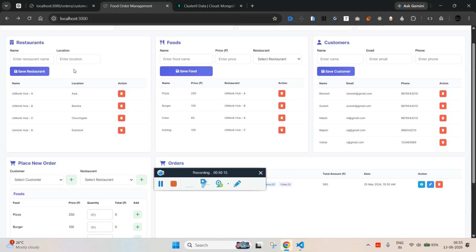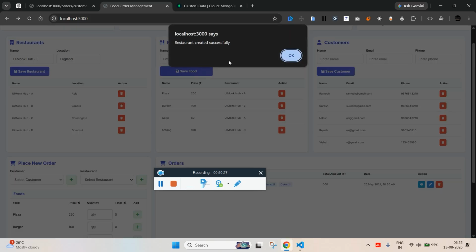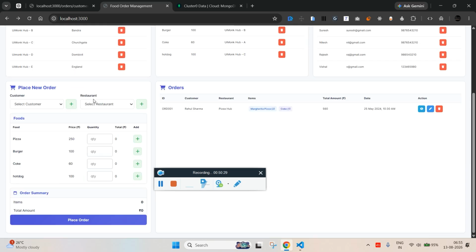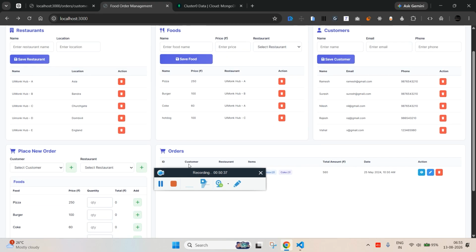Then if you want the customer to add a restaurant, UI Monk Hub E, which is England, click on select, save restaurant, and you should see UI Monk E. So this is how we populate. Now if I don't want something,